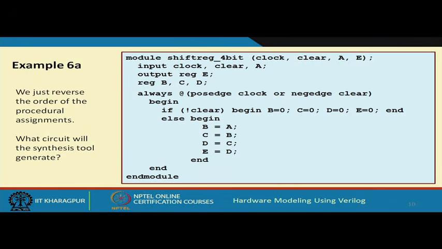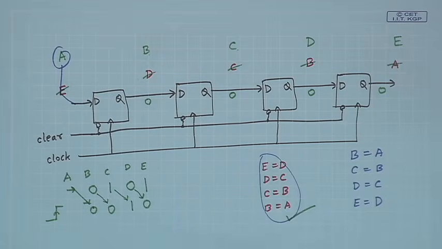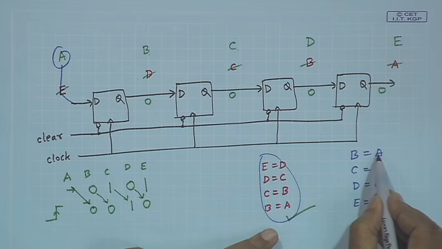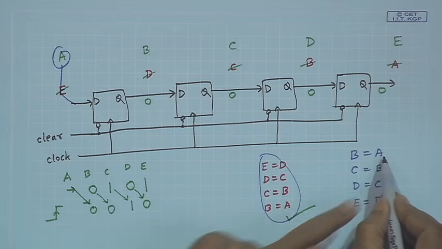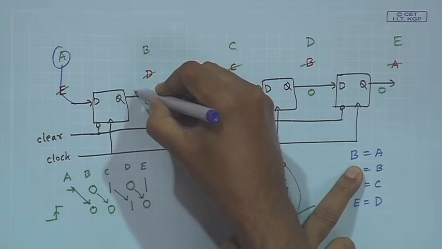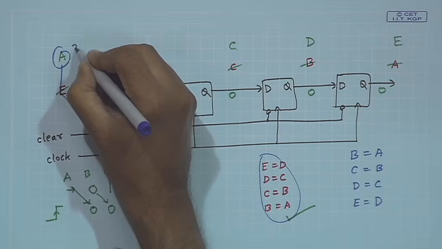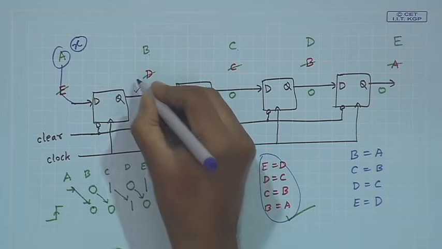Well, this A is coming from outside, right? A is the external input which is coming here. Now, you are first saying B equal to A. So, whatever is A, that is first coming to B. Suppose the value of A was x, let us say. So, x will come here,